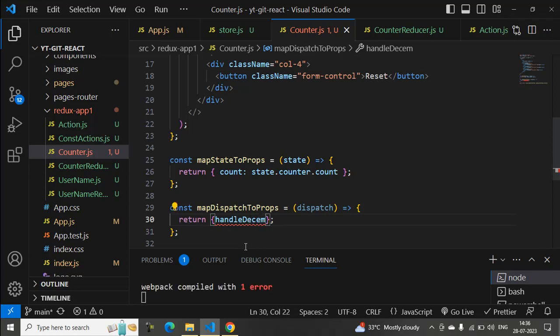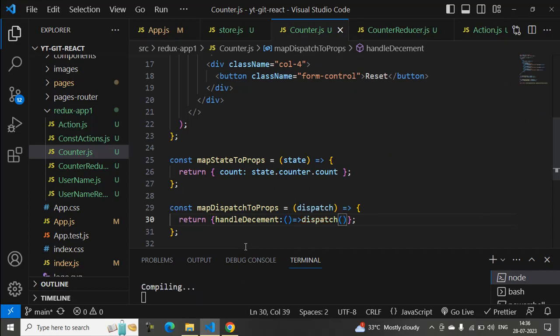Here we'll follow that, dispatch that, dispatch. Within this we need to pass that action. Before that we need to write down the action, that export